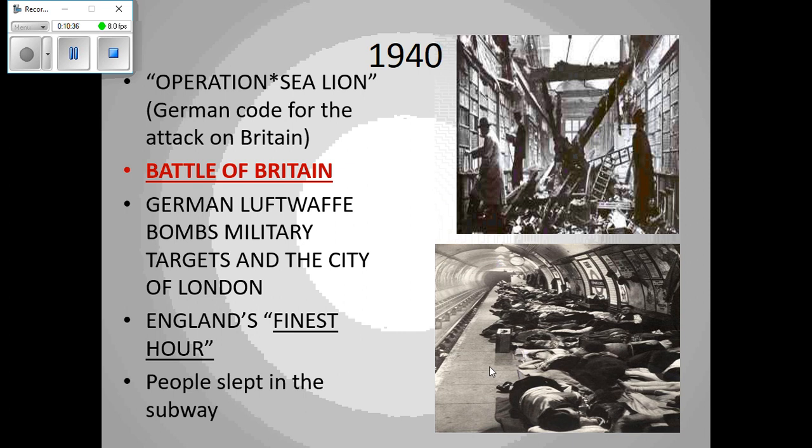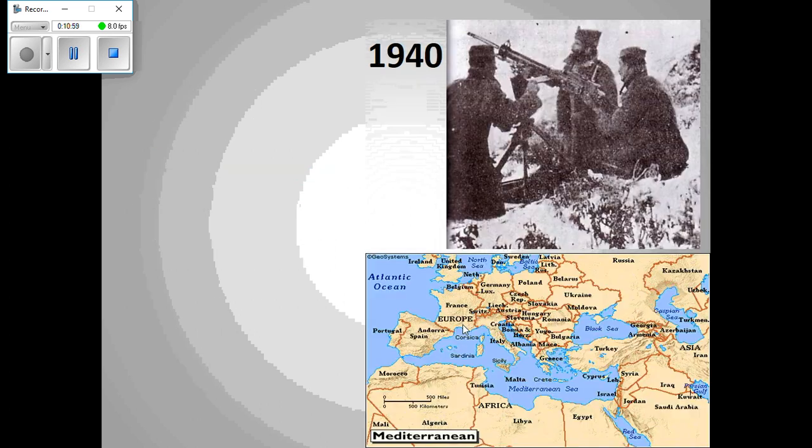And you can see right here, people in London, because it got bombed the most, would go sleep down in the subway, well down under the ground. And remember, in our chapter preview, we talked about how the British king and queen went down and slept in the subway. Instead of going north to one of their other castles way up in the north that was really safe, they stayed in London with the people to reassure them, hey, everything's all right.